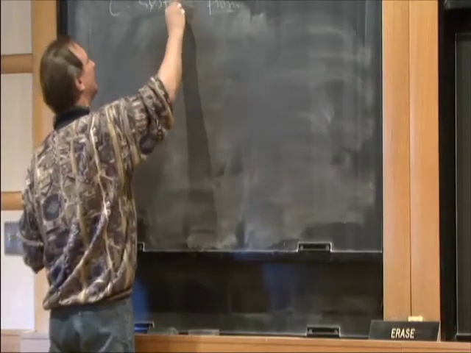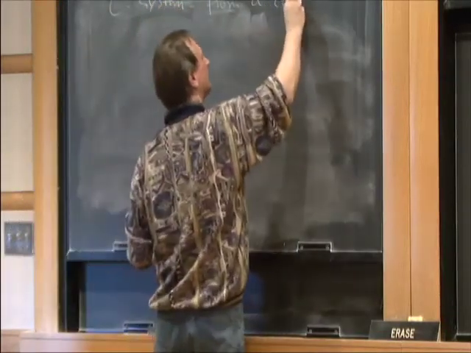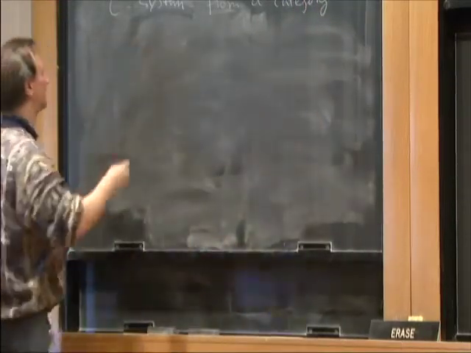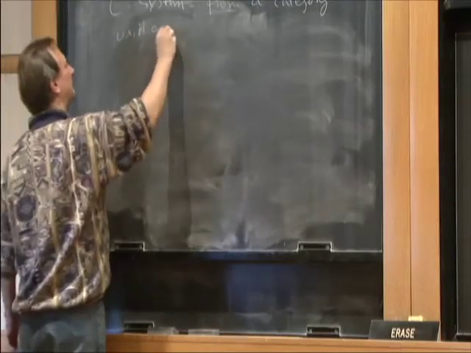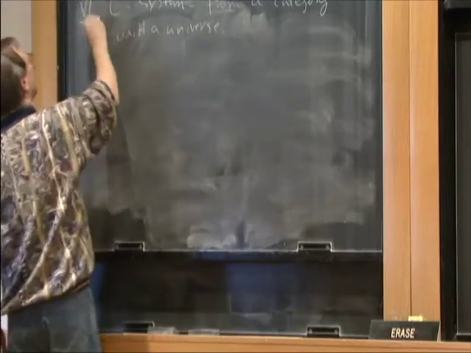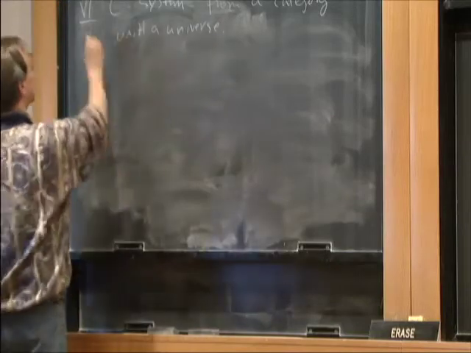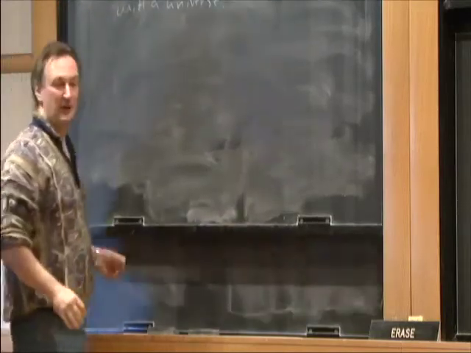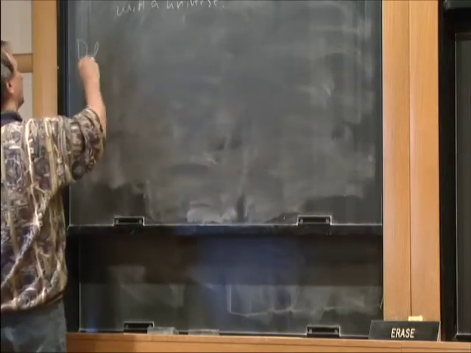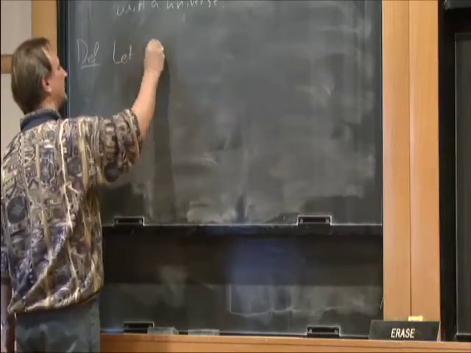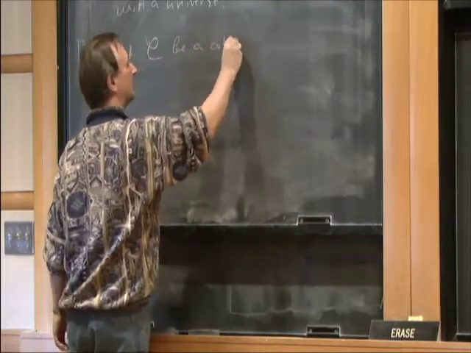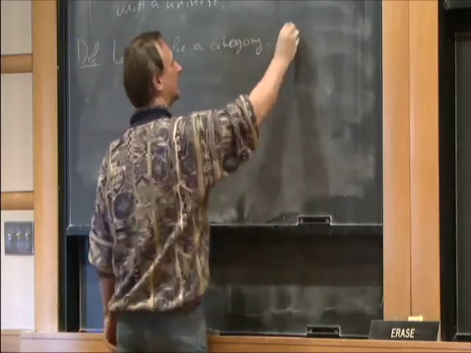A C system from a category, a usual category, not a set-level category, with a universe. So that will be actually section number 6: C systems arising from categories with universes. We'll start with a definition. Let C be a category. A universe